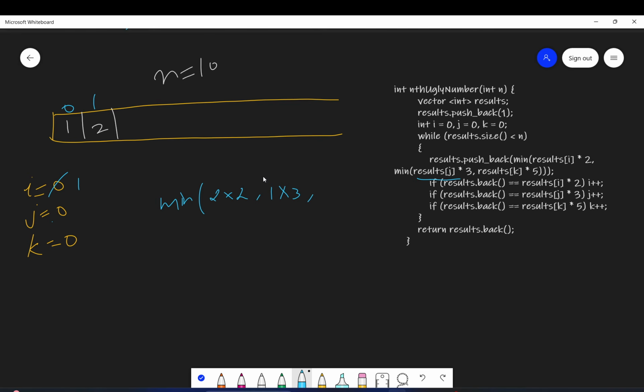And similarly, results of k into 5, which will be 1 into 5. So this will be 4, comma, 3, comma, 5. So the minimum will be 3. So 3 will be added here, and this j will get incremented. So this will become 1.